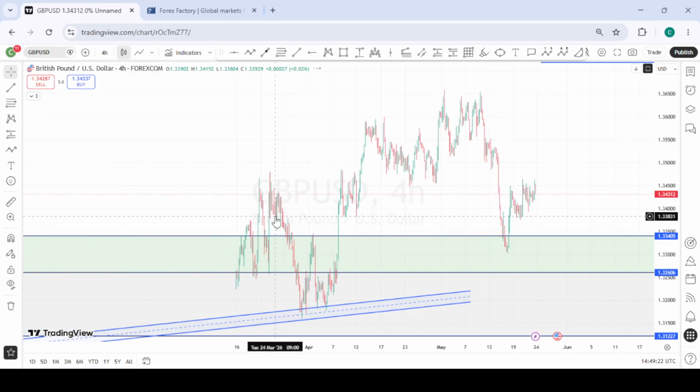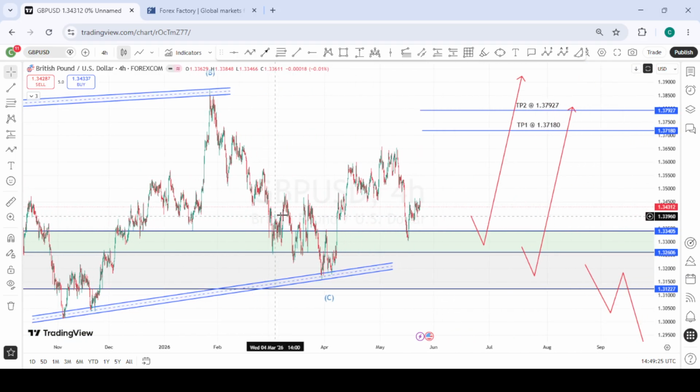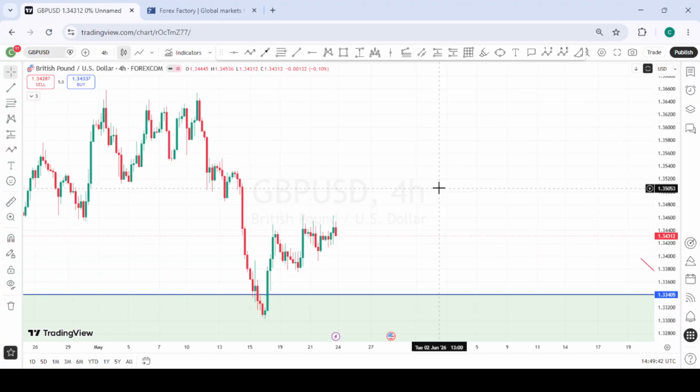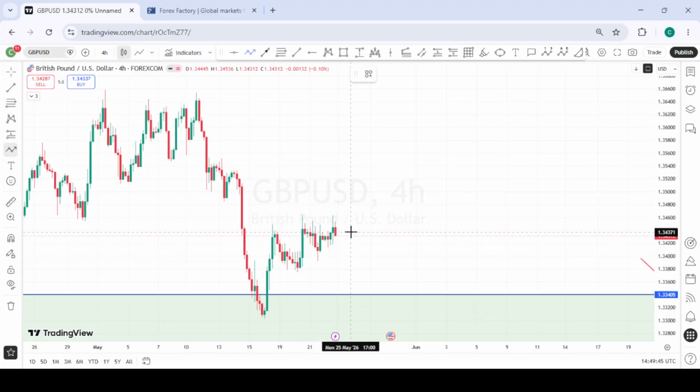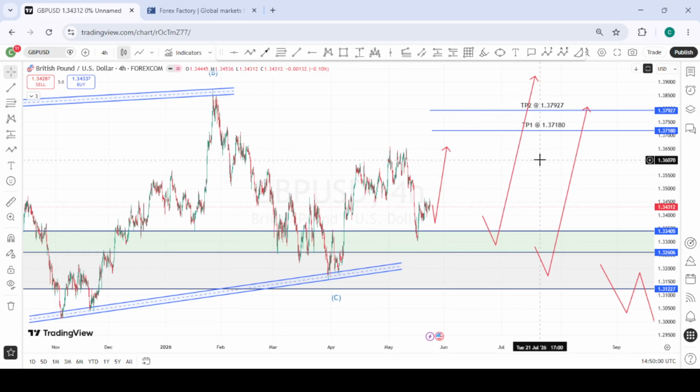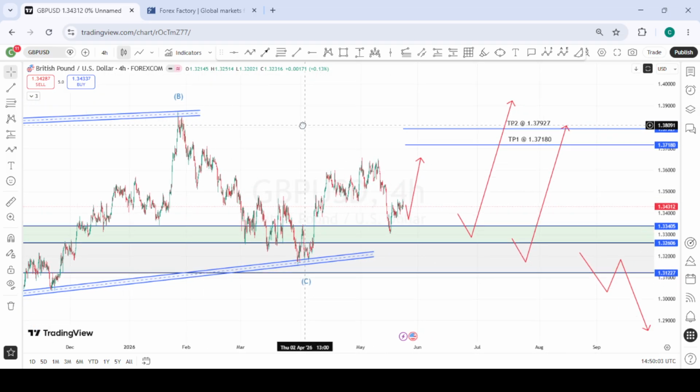This is GBPUSD, and we had this setup from previous episodes, where when price was around this area, we were looking forward to a possible pullback into this area of interest to take our buys from here. Price never pulled back, but it has finally pulled back into the area of interest and given us a strong reaction from there. So if we are to see a weakened DXY, we are likely going to see either a double bottom formation, or a higher low formation, and we see price take off to the upside. So these are the various targets we have for GBPUSD should it move to the bullish side.